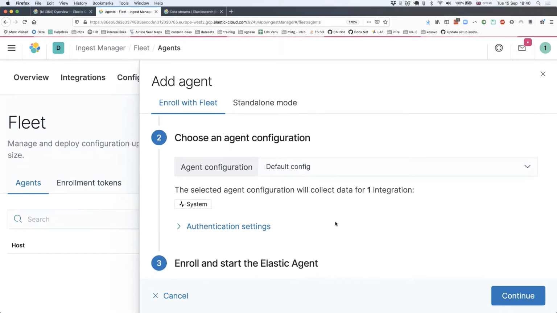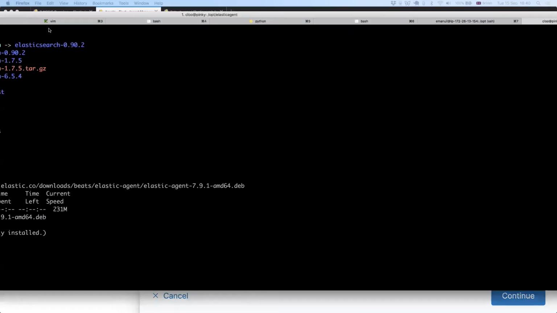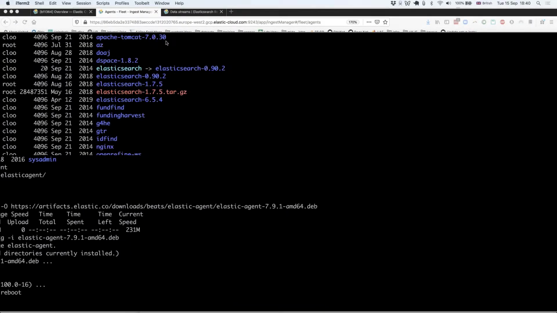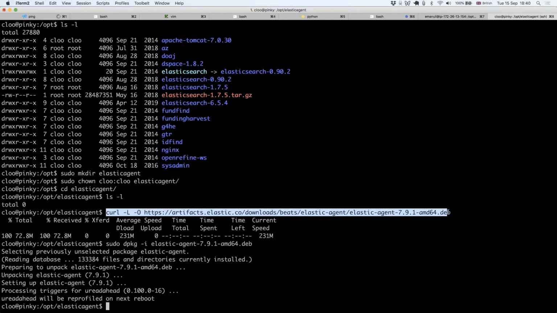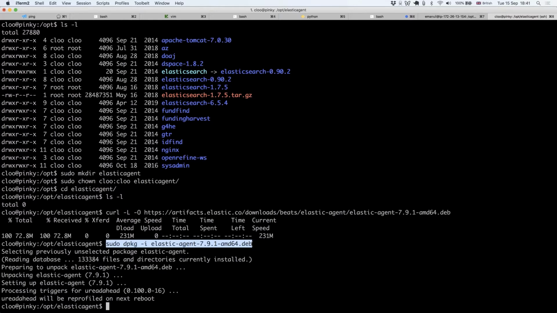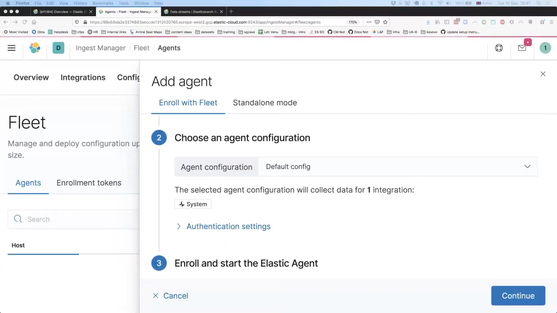I have already downloaded it onto a web server. And here we are. This is all that I've done. Downloaded the Debian package because this is an Ubuntu machine. It's probably pretty ancient actually. And then I have installed it. But that's it. I haven't done anything else yet. All right, so